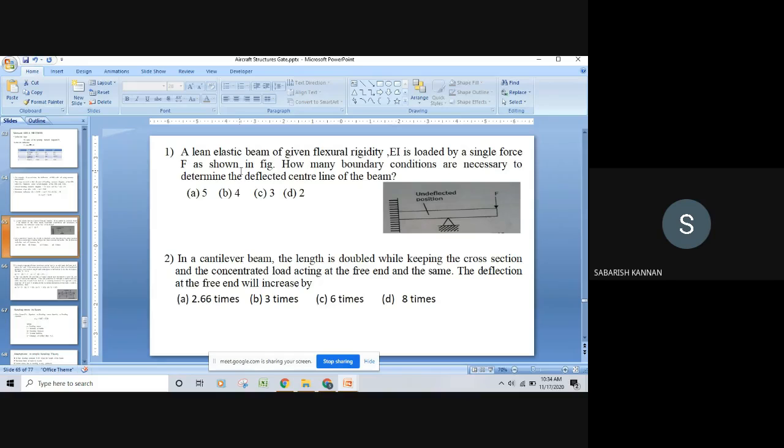So coming back to our question: in this cantilever beam, the length is doubled while keeping the cross section and the concentrated load acting at the free end the same. So now, in a cantilever beam,